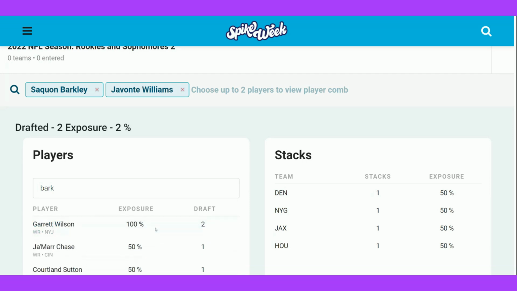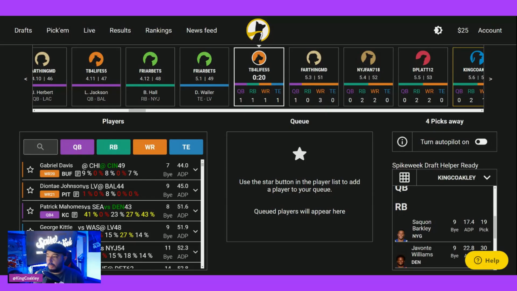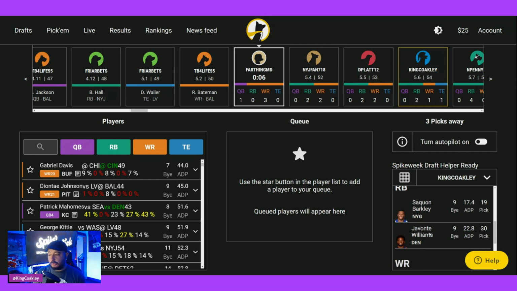But maybe I don't want Garrett Wilson on this team to make that a full 100% all 3 times. All right, couple picks away here. See that Gabriel Davis is falling. Not opposed to grabbing him if he gets back to us. I assume he won't. You can see if you're looking here at Mahomes, I have 41% exposure to Mahomes. I've been clear on loving the Mahomes factor. We can see that I have 23% when I have Jamar Chase, 27% with Saquon, and 43% with Kyle Pitts,